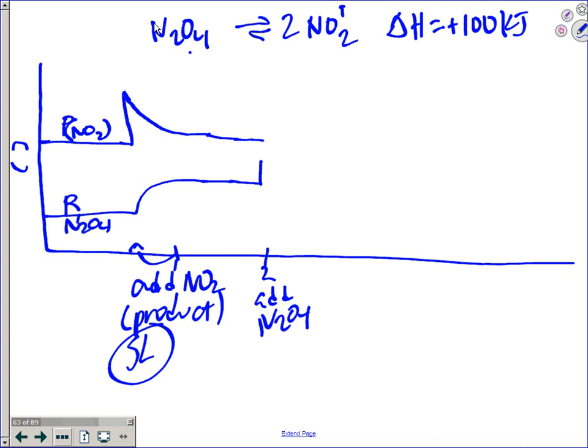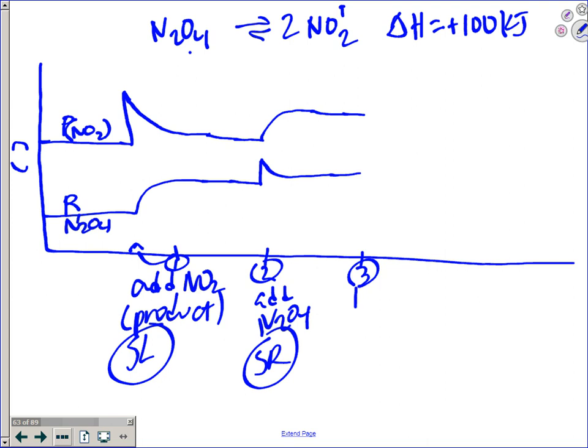So what am I doing to this line up here? A steady increase, okay? It's not a peak. So as this steadily increases, what's happening to reactant N2O4? It's going to steadily decrease, but it's not going to come down to the original because I still have more of it in the system. Okay? So now I'm back at equilibrium. So this one was a shift right. Now at time 3,